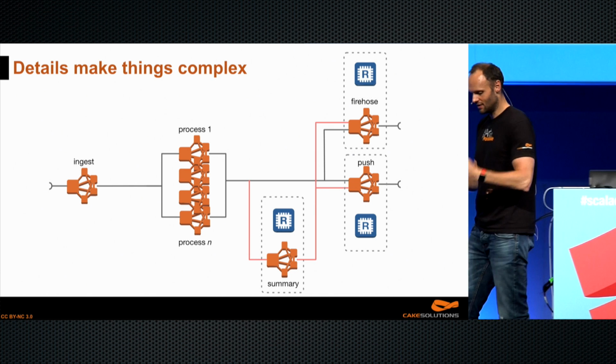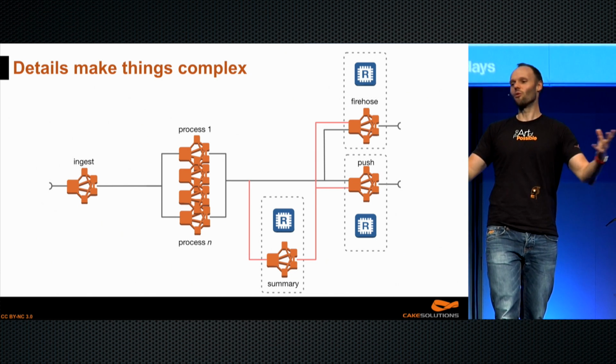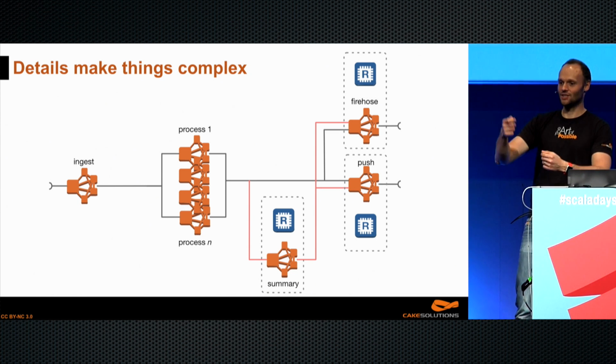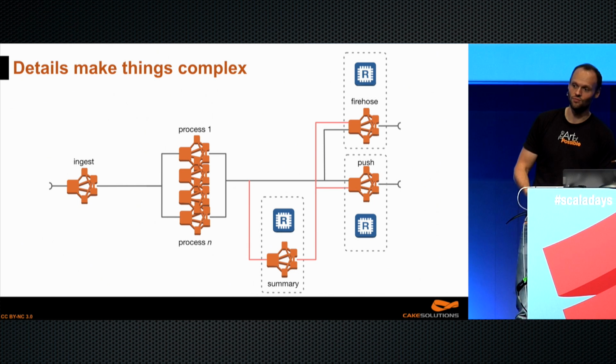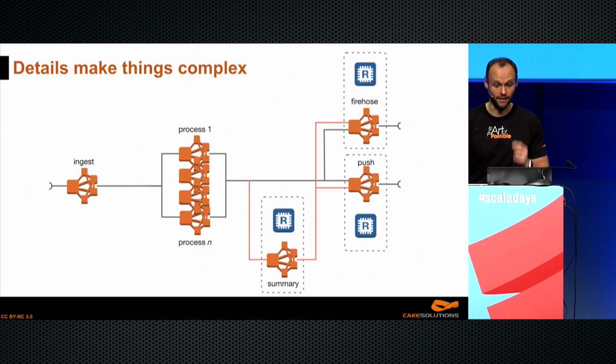Alternatively, there is this firehose concept. Anyone tried the Twitter API? Come on, we all built tweet apps, right? So you can do this long-running post, and you get these chunks of HTTP requests that you can consume essentially at your leisure. So we can do that as well with this firehose API.